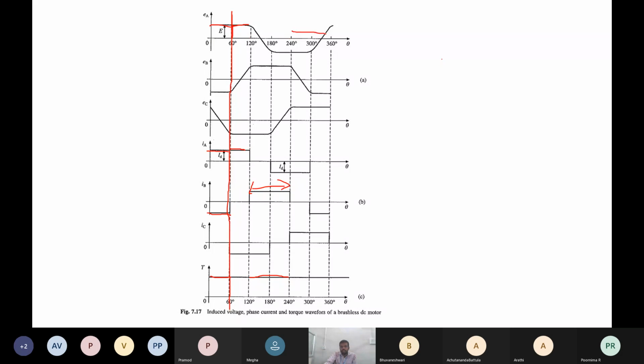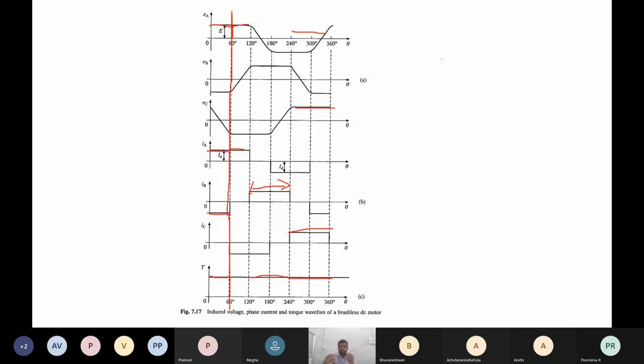So 240 to 360. Here the phase A voltage gradually increases. By increasing gradually in phase A, the phase B will gradually decrease. So this increase and decrease keep IC constant, EC constant. So this phase voltage constant VC, EC keeping the current IC constant. So this constant VC and constant IC made the torque constant. So like that I have told, the torque should be kept constant.